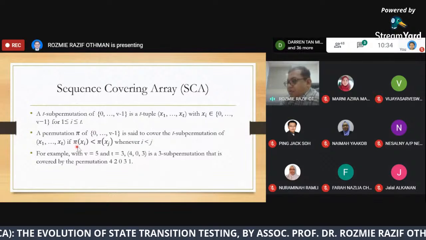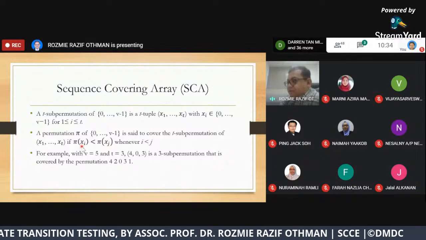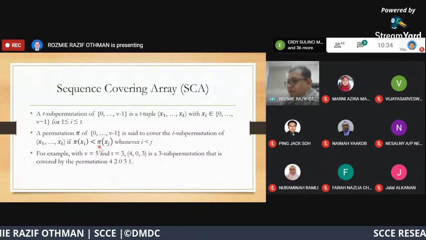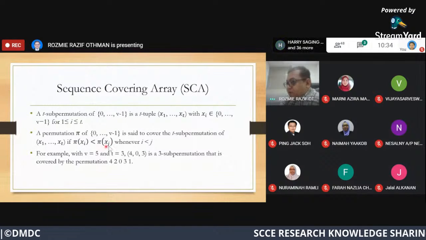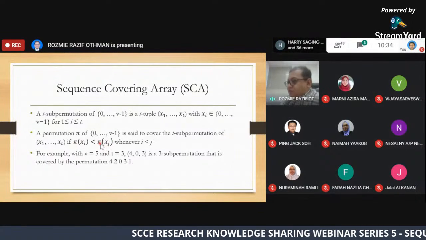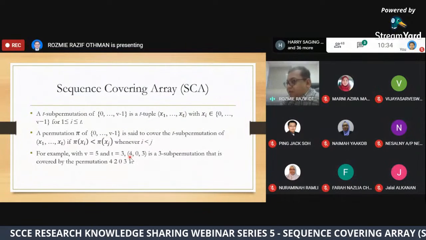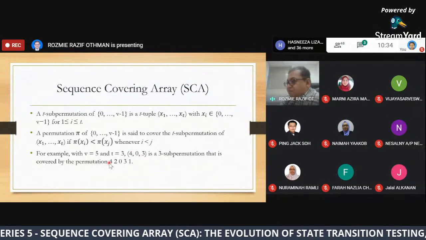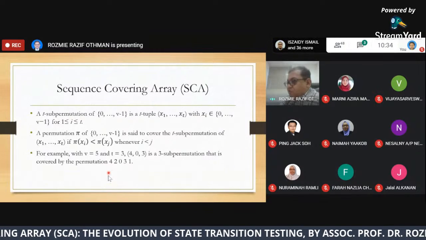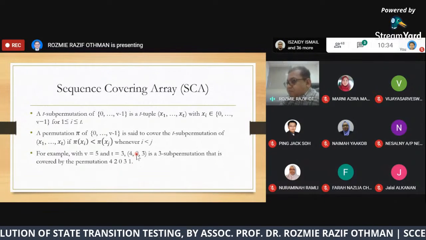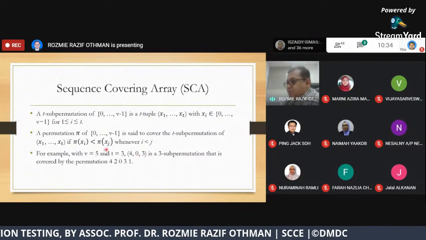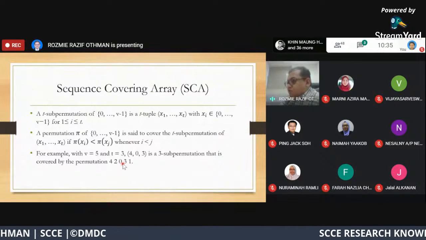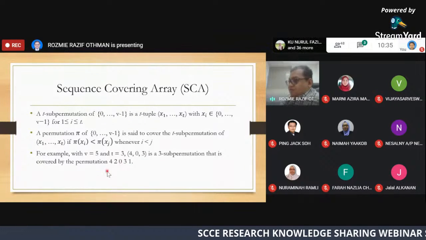It says that the location of xi in pi, in the permutation here, should be less than the location of xj in pi. So for example, if I take xi as 4, 4 in this permutation occurs at index 0, and 0 in this permutation occurs at index number 2. So of course 0 is less than 2.